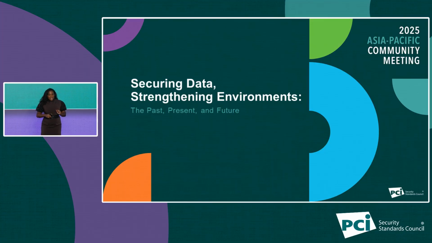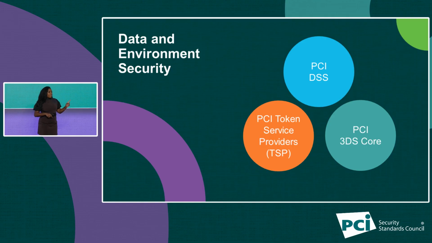It contains 3 standards and all of the programs, training, and supporting material within each. We've got PCI DSS, the technical and operational requirements designed to protect payment account data and their environments. We've got 3DS Core, where the authentication process takes place prior to the transaction, the 3DS functions. And then we've got the Token Service Provider Standard, for generating and issuing EMV code tokens, and it deals with the process of their environment.